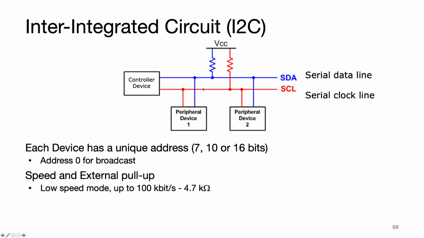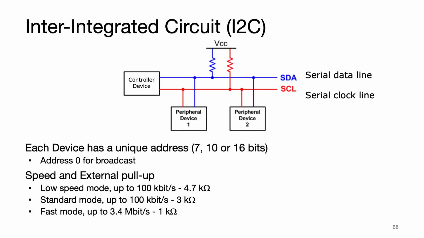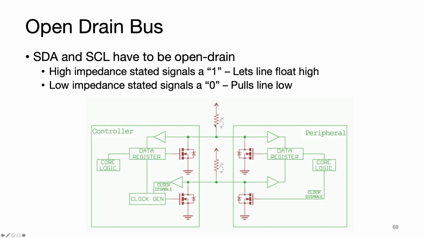So there's kind of a low speed mode, a standard mode, and a fast mode. This should be 1 megabit here. So the modes are defined by the size of the resistor that's available. So let's look inside here. Remember, this is the image here. You have a